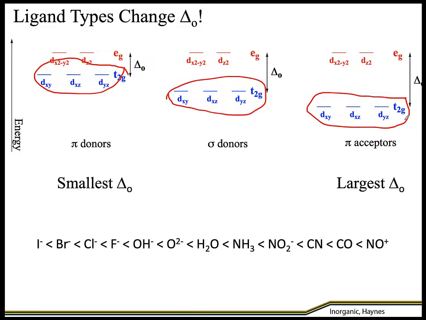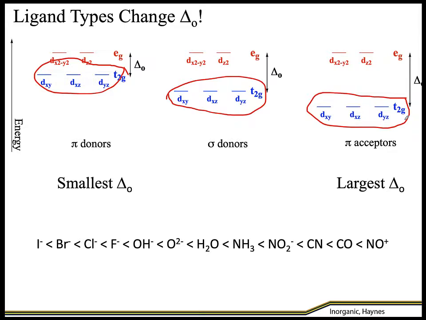On the right-hand side of our spectrochemical series, we have our largest value for delta octahedral. And these are again our pi acceptors. So things like NO2 or CN minus or the carbonyl, carbon monoxide, or NO plus. These are compounds that have a low enough lying set of these pi star orbitals that they can mix with our transition metal complex. And so your first instinct might be to memorize this series of ligands for our